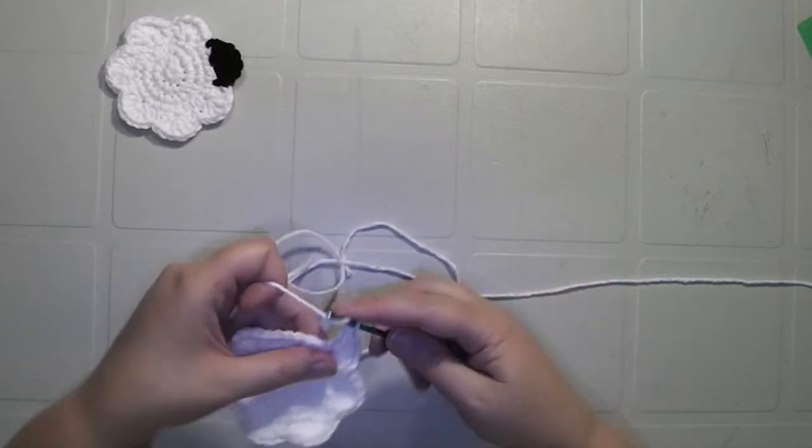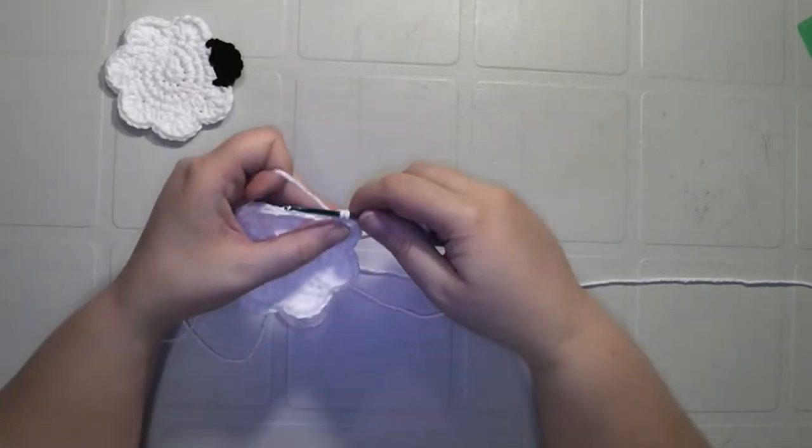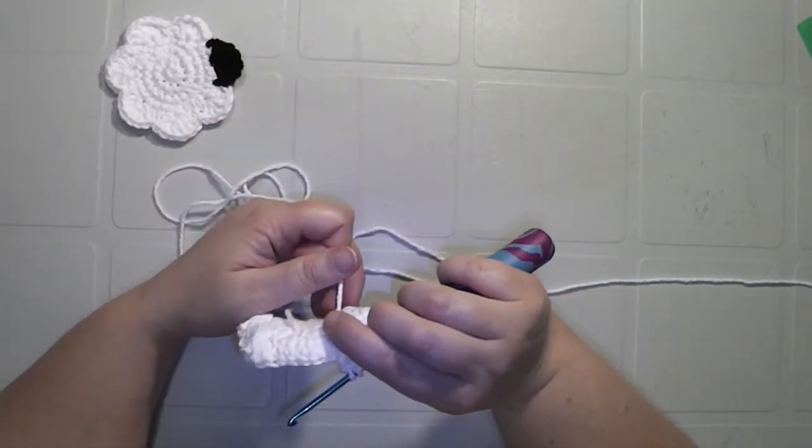5, and then for 6 we're not going to complete it totally. We're going to pull through those first 3 loops, and rather than yarning over and pulling through the last 2 loops to finish the double crochet, we are actually going to pull the white yarn to the back, and hold it with your finger,